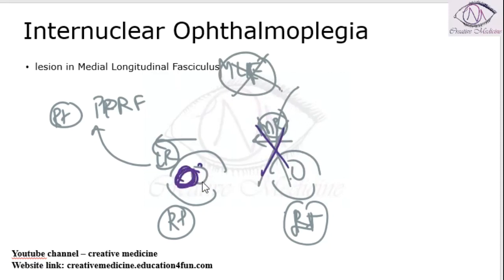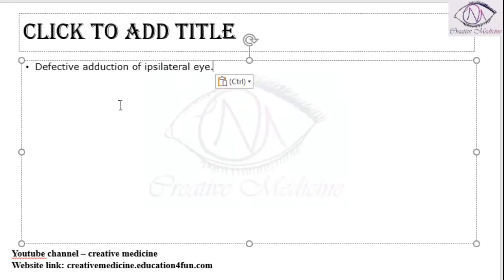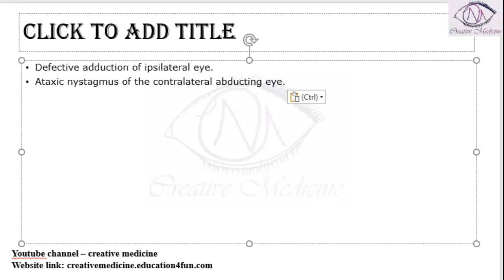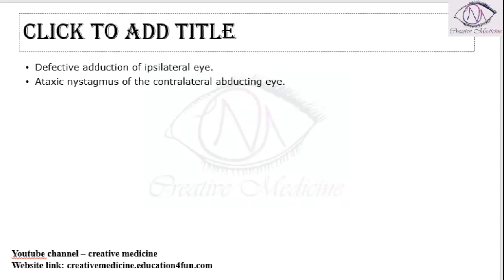So here the ipsilateral eye will abduct, but adduction in this eye is not there. As a result, there is defective adduction seen in the ipsilateral eye, and there is ataxic nystagmus seen on the contralateral abducting eye. So if you see the picture,